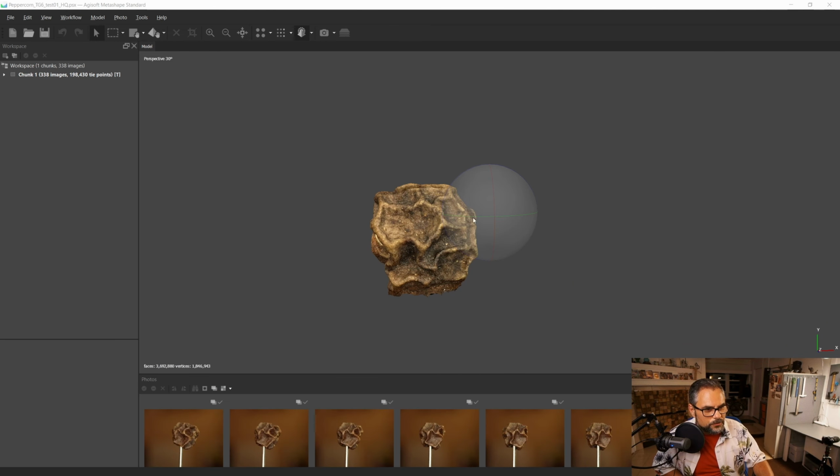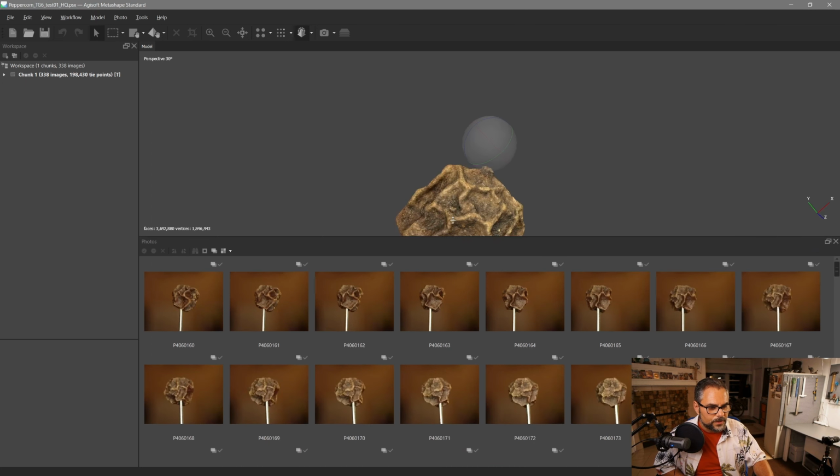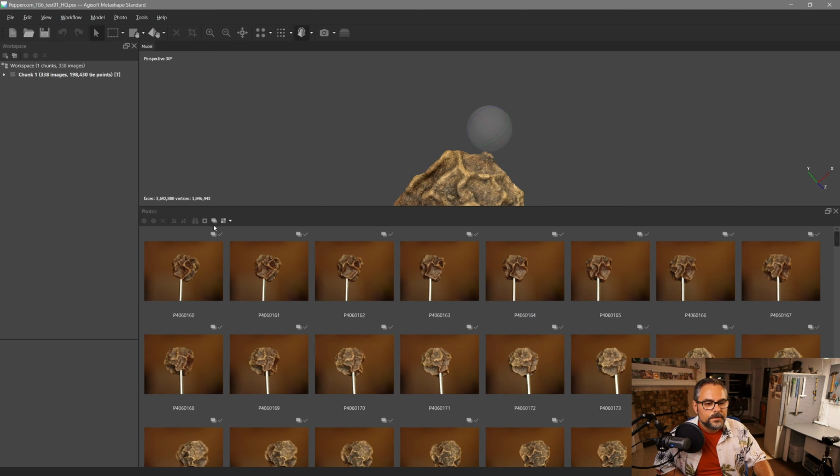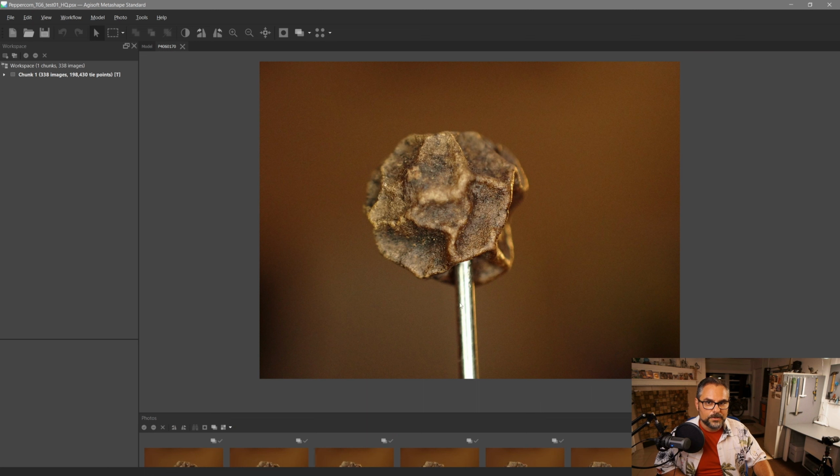So this is the smallest object that I've ever successfully done photogrammetry with, and this is a peppercorn. If you look at the pictures down here, let's make them bigger. Actually, I think that's as big as they get. We'll just blow it up right here. You can see that this is a pin, so you can imagine how small this object actually is. And I did this with this little